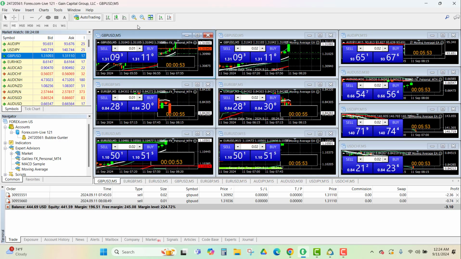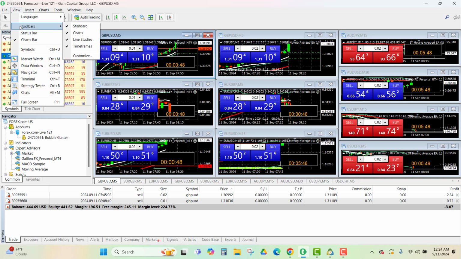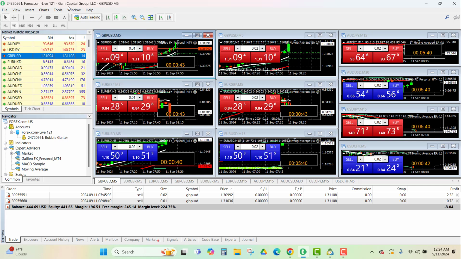Alright. Now, the reason I could take all those off is I use the view button. And you can go to toolbars, market watch, navigator, terminal. All these have buttons, but I prefer to go to the menus. Alright. Then your last